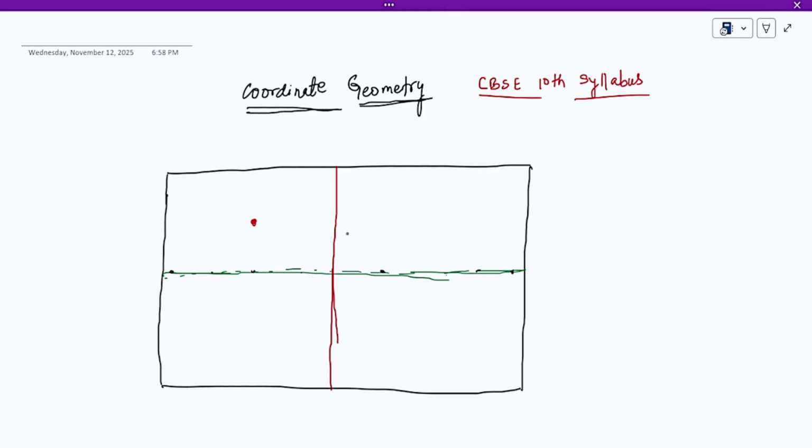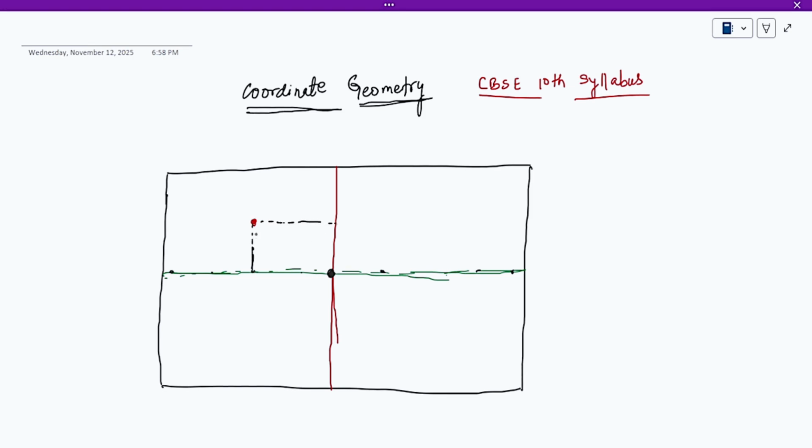If we have two lines intersecting at a point, we can refer to the position of this point: it is at some distance from the horizontal line,